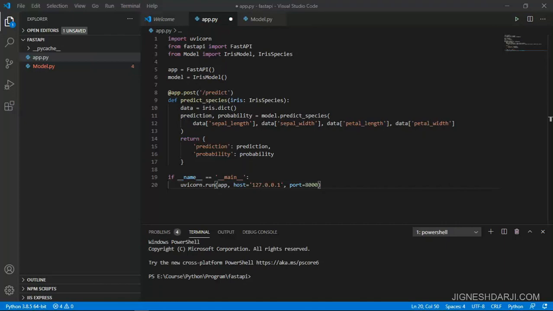So when we pass the prediction data to this particular POST API, it automatically finds the related records inside that particular CSV, and provides some prediction and probability for that record. So let's save this app.py file.